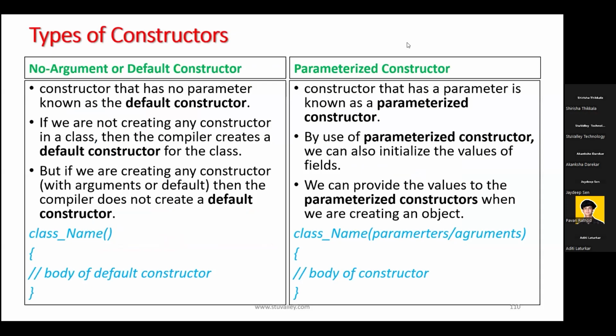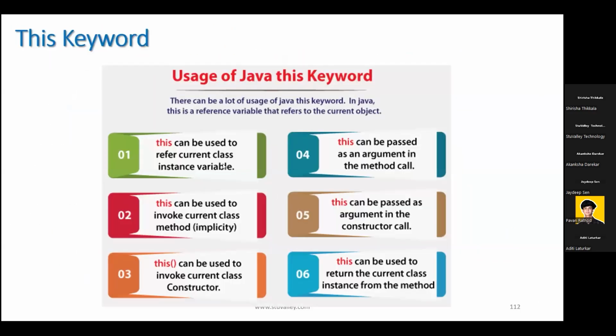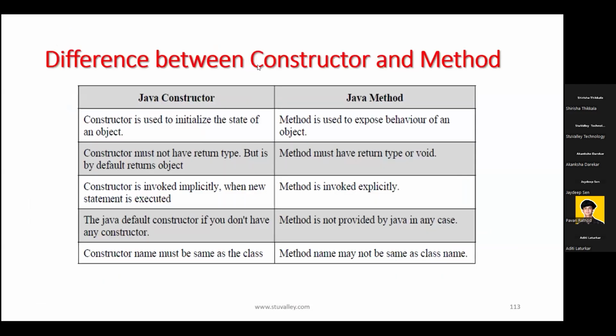To write down the constructors, how constructor overloading works, the different types of constructors: no argument constructor or default constructor, and parameterized constructor. Then constructor overloading. Then we have seen the use of this keyword. Okay? Now today we are going to see the next topic, that is first we are going to see the